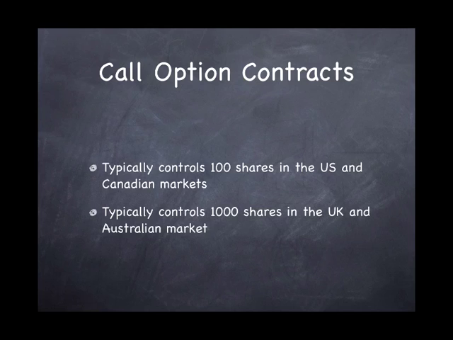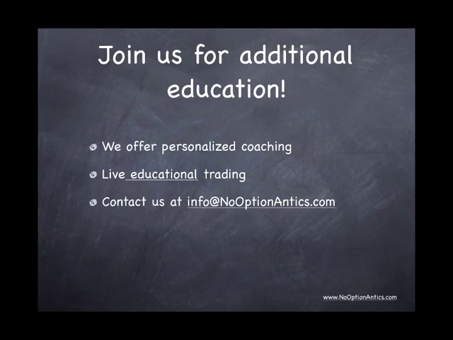Call options are sold in contracts. In the U.S. market, you'll find that there are 100 shares in the U.S. and Canadian markets as well. If you're trading outside the U.S., it is best to understand the markets and what they trade, because in the U.K. and Australian markets, they have 1,000 shares in each one of their contracts. And this can make a big difference in your trading, because you're paying on a per share basis for the options, and it's quite a bit of difference to pay for 100 shares versus 1,000 shares. So just be aware of where you're trading and what amount of shares are in the individual contract.